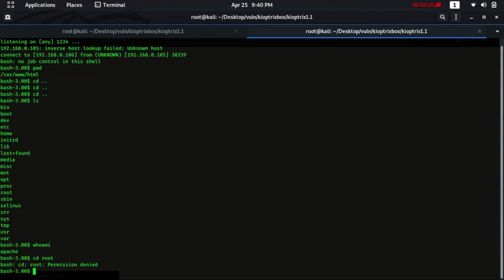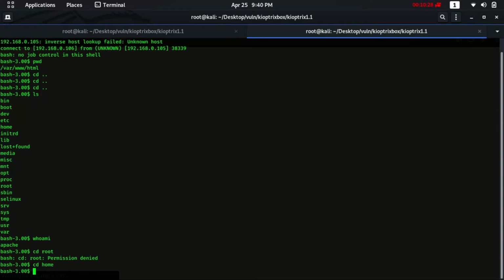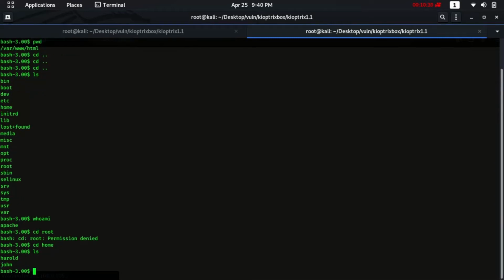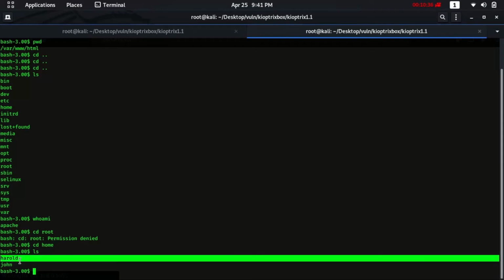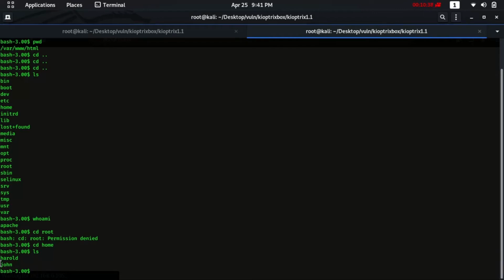Oh, it says we don't have permission. Let's check the home directory. Okay, here we got two users. As I earlier said, if we had used the SQL method, then we would have got the password of one of these users, but the main goal of the machine is to get root, so we'll focus on root only.